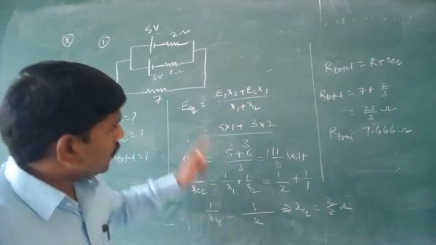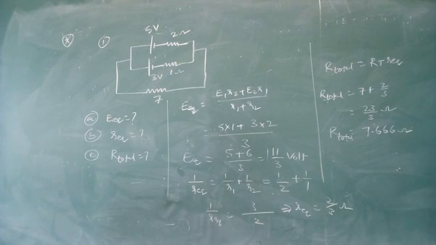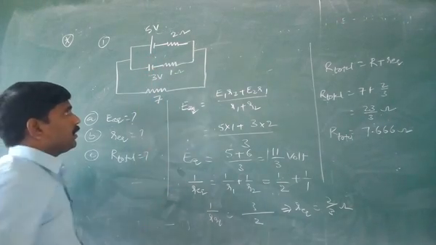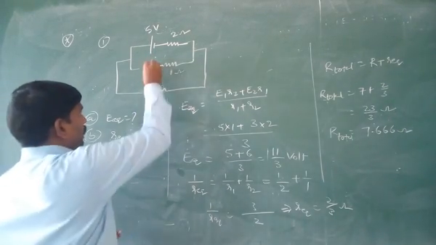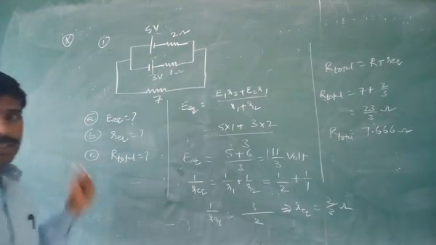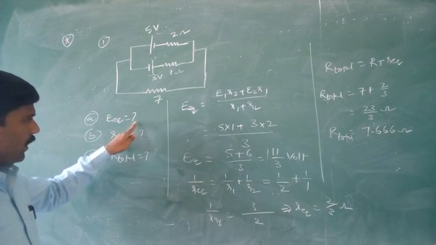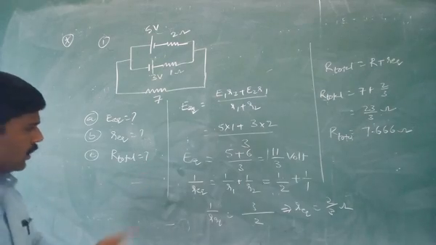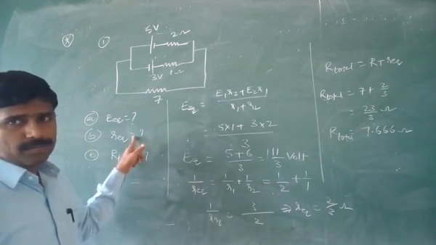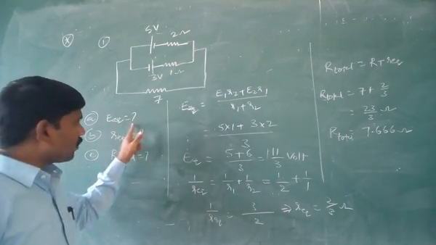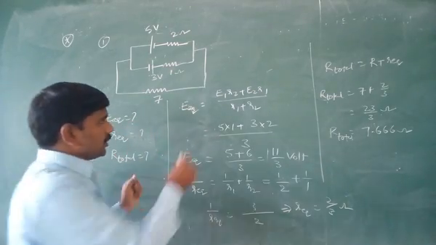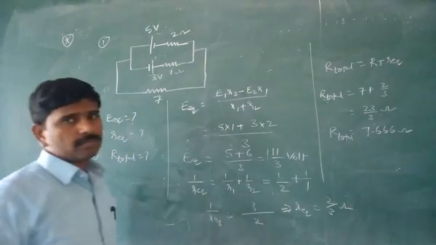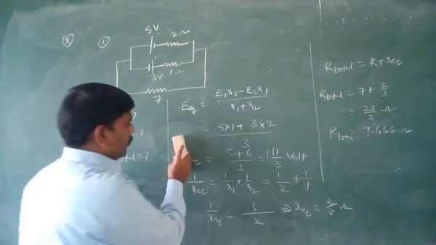Okay. In case you connect the cells in the opposing manner, that is, positive is connected to the negative terminal and negative is connected to the positive terminal like this, in this situation find out E equivalent, R equivalent and R total. These two do not change, but E equivalent changes. In this situation the sum becomes a difference, or minus. So what happens here?